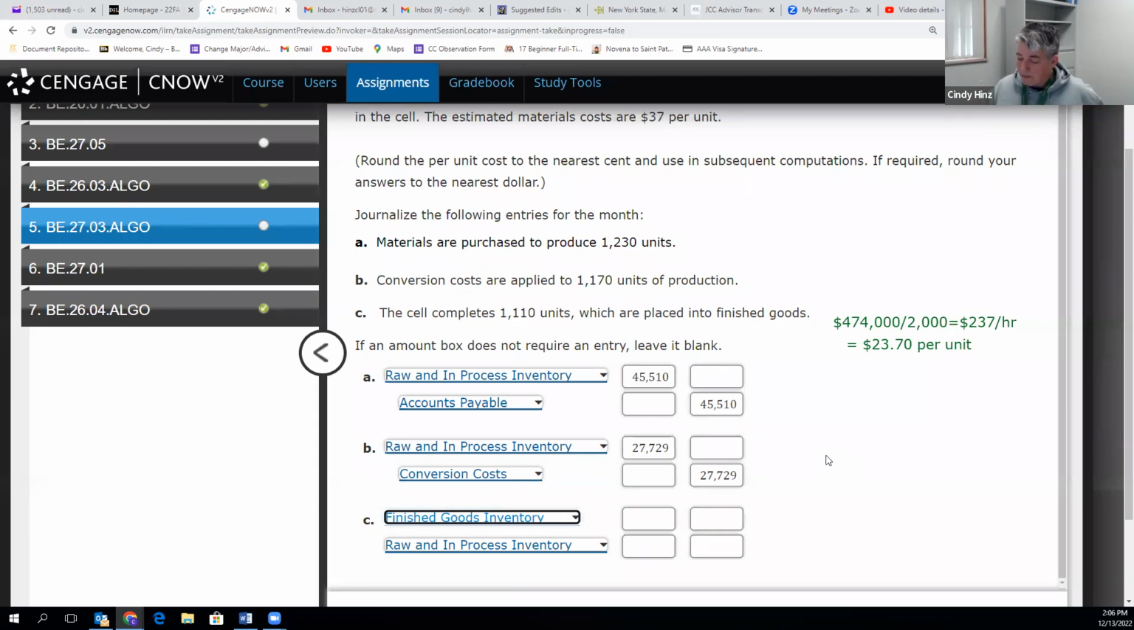$23.70 per unit plus the $37 for raw materials. The standard per unit cost is $60.70. And if we completed 1,110 units,